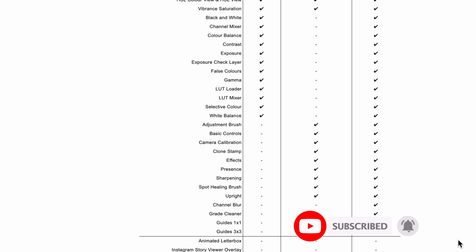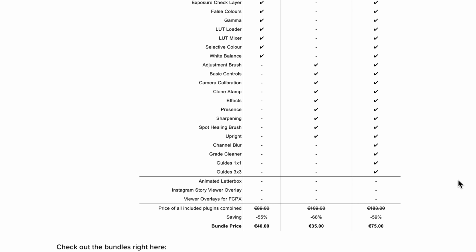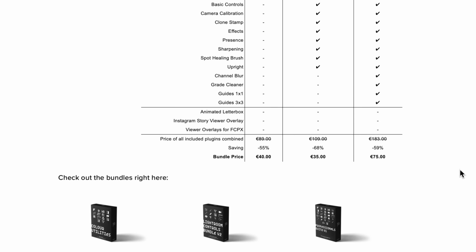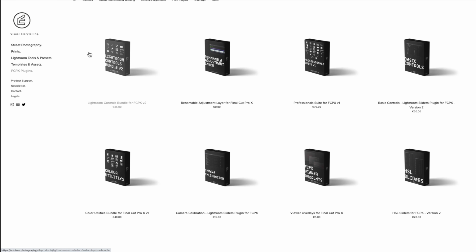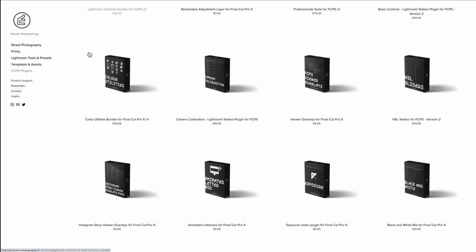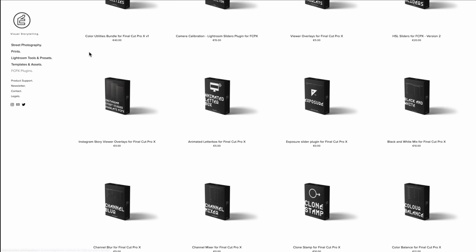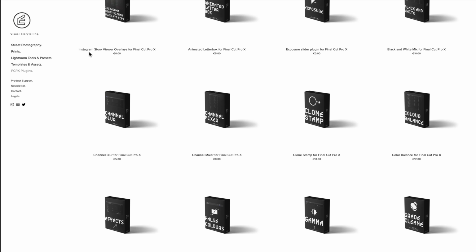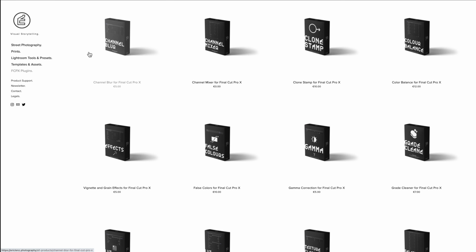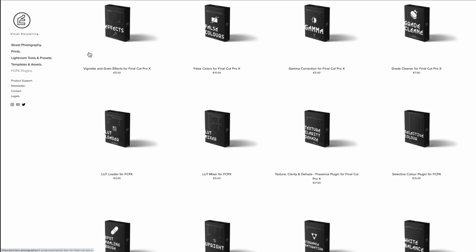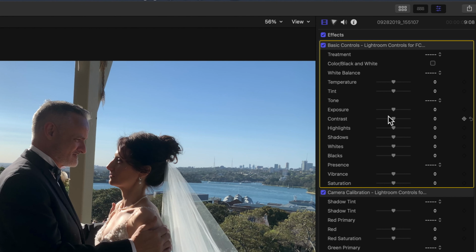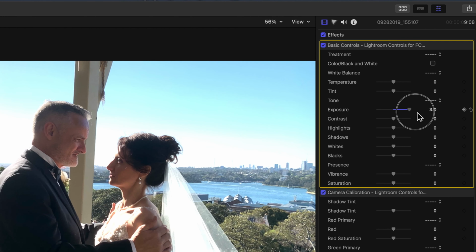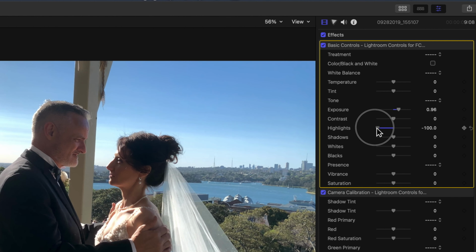And the first thing to note is that these plugins can be downloaded separately or in discounted bundles. Some of the individual plugins are free and others are priced from €5, and the professional suite of all plugins is currently at an introduction price of €75, down from the normally €183. Some of the plugins of the professional suite were reviewed in my previous video, so I won't cover them here,